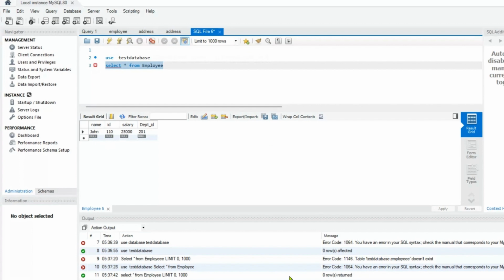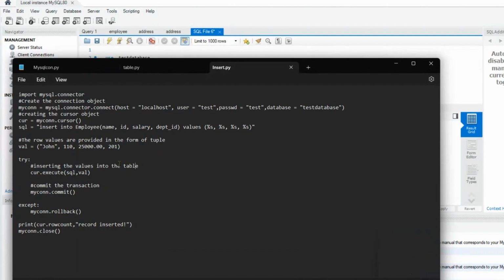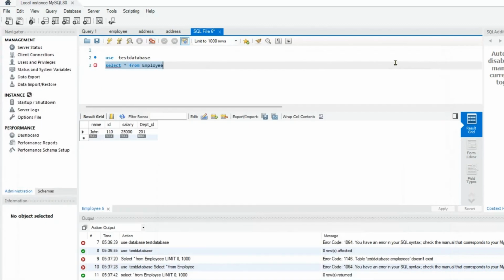Now, if you are already aware, as you should be, if you are looking at this video about SQL queries, then you would understand what I'm trying to convey here. Now you have inserted, you may update, you may delete. It's all about executing SQL queries, right? So the only change is in what you want to execute. If you want to delete something, there will be a delete query over here. If you want to insert something, there will be an insert query. If you want to update something, there will be an SQL update query. That's it. So that's all about how you connect and how you perform different SQL operations using